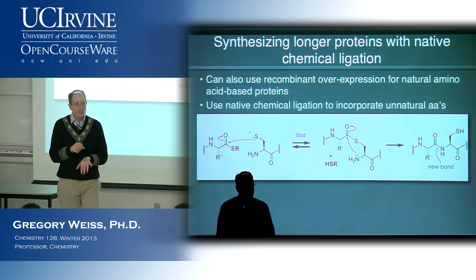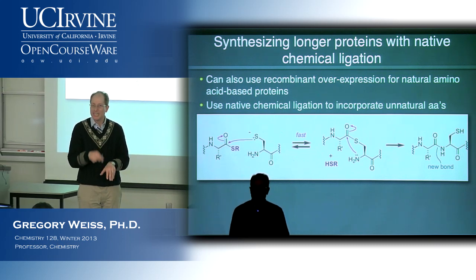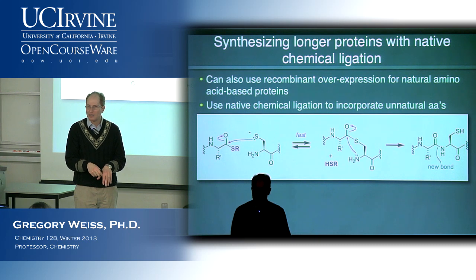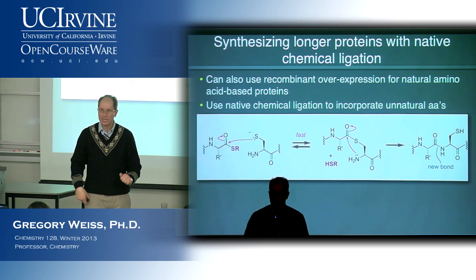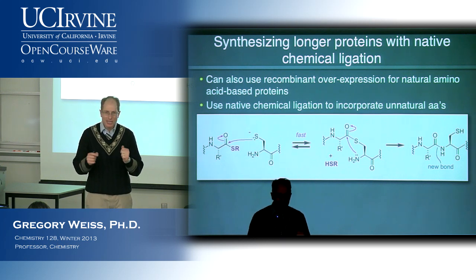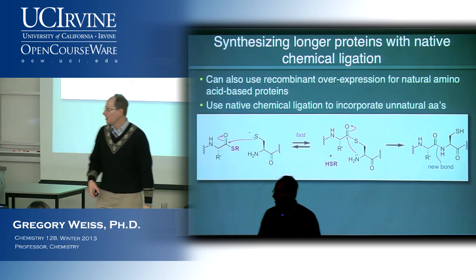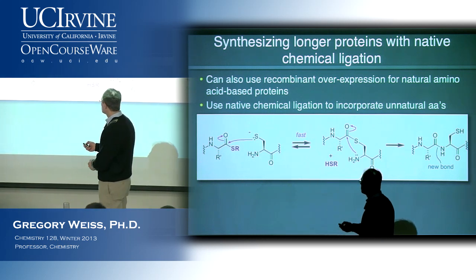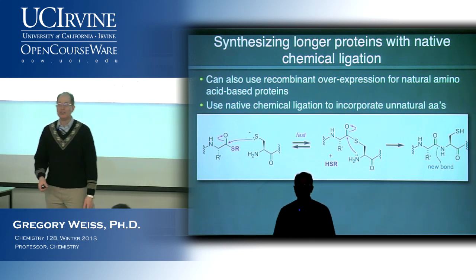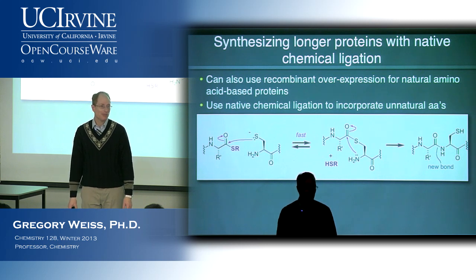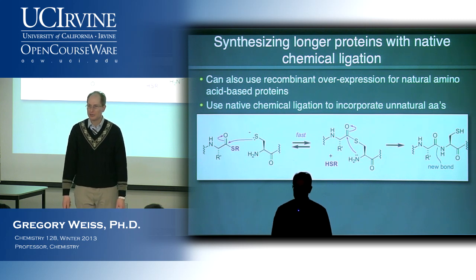And here's the thing. If you mix these two together, you will get an amide bond out of it uncontrolled, without even thinking about it. All you have to do is mix the two together, maybe control the pH with a little pH buffer, and boom, you get amide bonds out of it. It works that well. Okay, so that gives us a way then of taking 21 over here, 21 over here, put them together, and you get 42. If you do that a couple more times, you're talking about really big assemblies of proteins. This is how you could synthesize really big structures that start to have some real consequence for your experiments.